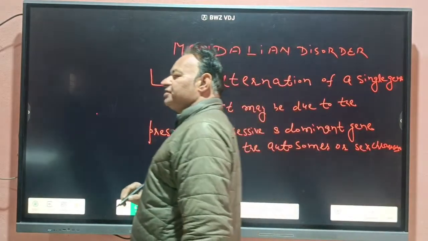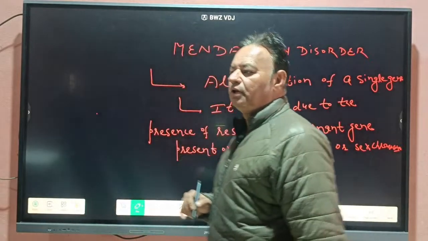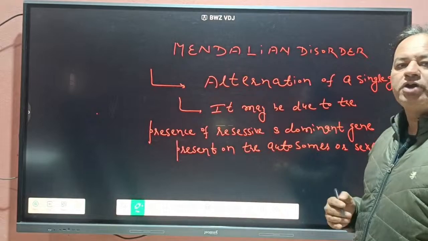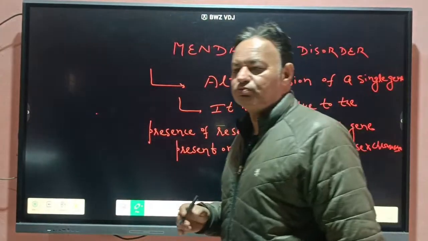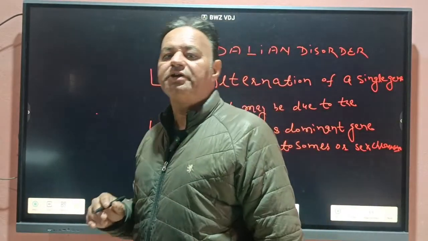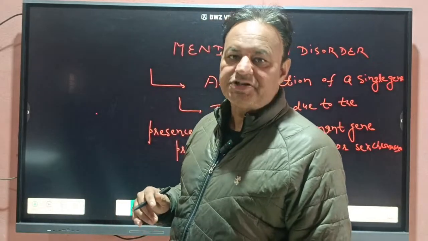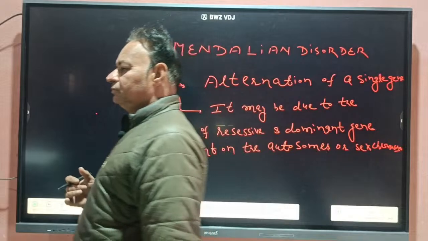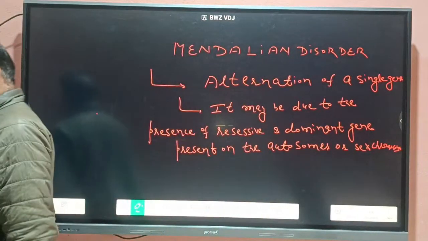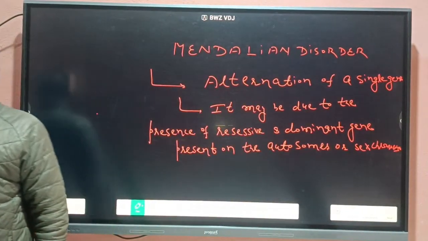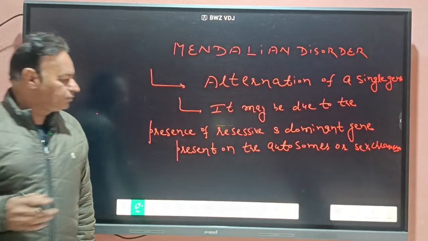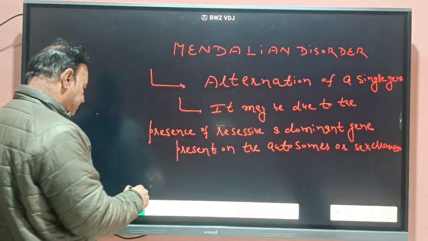Especially XX in case of female and XY in case of male. You know that these are the sex chromosomes. They play an important role in the determination of the child. The child may be a daughter or a son. So firstly, autosomal linked recessive inherited disorder. Some are autosomal disorders, some are recessive.